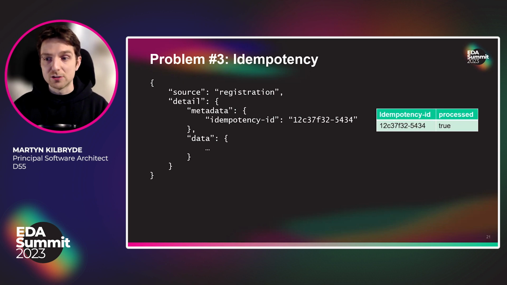The only issue here is race conditions really need to be considered, because it might be that event hits the system at the exact same time or within milliseconds. So that second event that's hitting the system gets through the check against its local database because we've not yet stored it in the local database. So we'd have to look into locking or doing sort of multiple checks throughout the process to try and stop